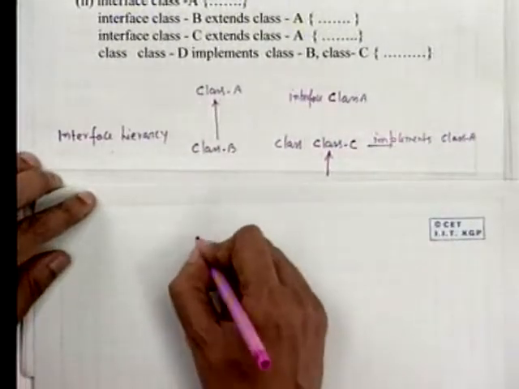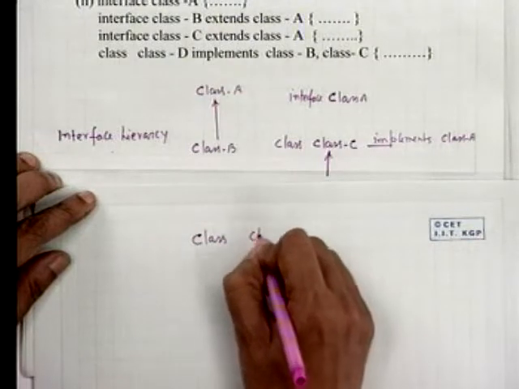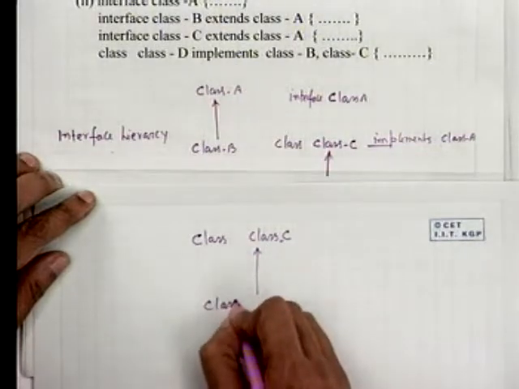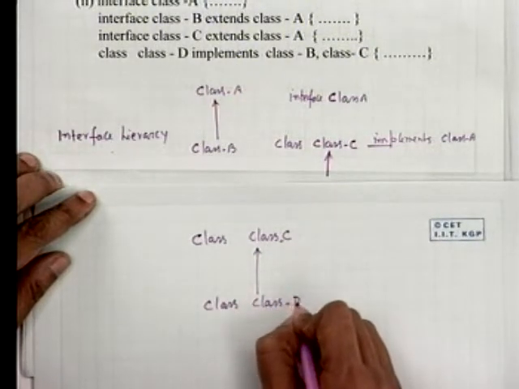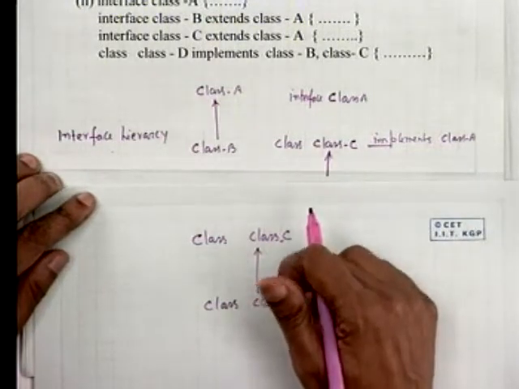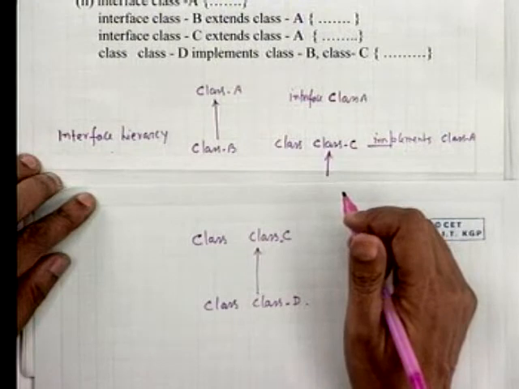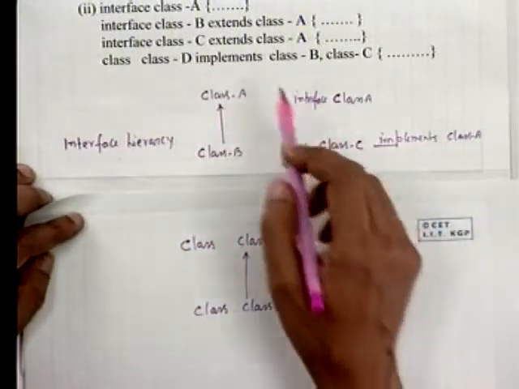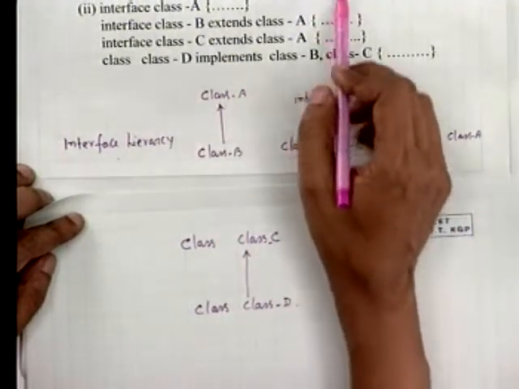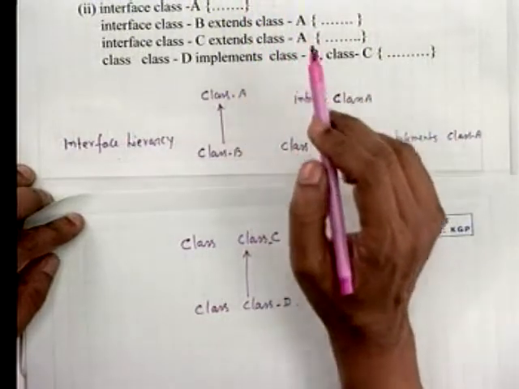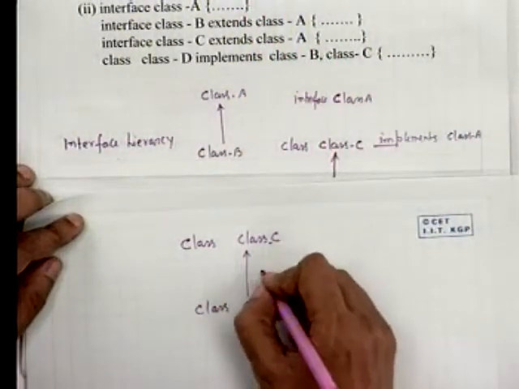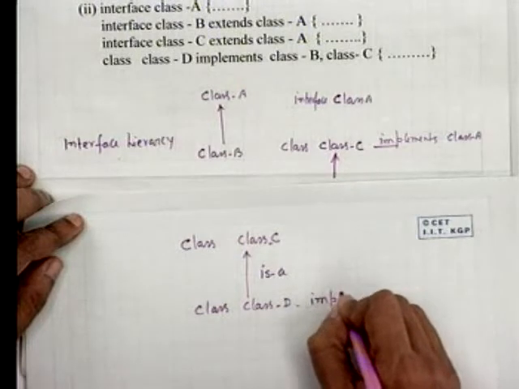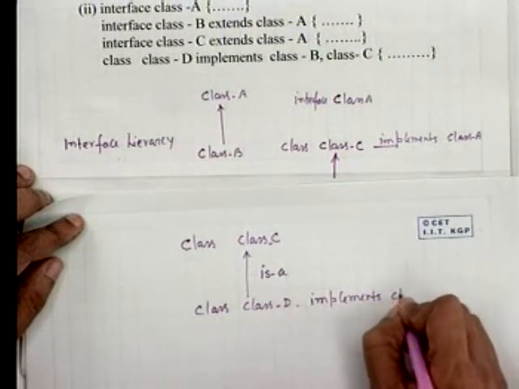So, we have class C, this is a single inheritance, and here we have class D which essentially inherits from class C. Now, you can see therefore it implements class B and class C both. In this case, it implements class B and extends class C. So, therefore, this is inheritance, a class hierarchy, and plus it implements class B. So, what happens now?